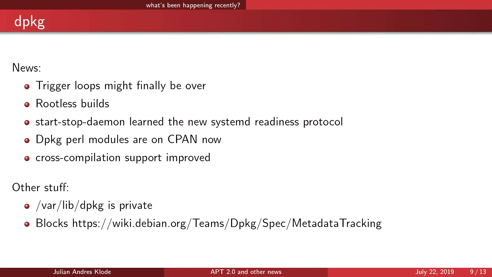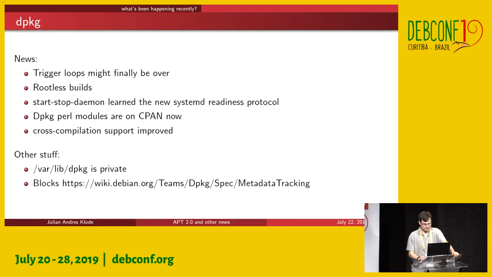This is one thing that's blocking various improvements, because we have a lot of packages that will break. For example, if we add the metadata tracking for installed files. So currently we just have a list of the installed files, and maybe we have an MD5 sum file. But the plan is to have like a full tree of installed files for each package and register hash sums and like extended attributes and stuff. And that's being blocked because it will change the database layout, and that's breaking a lot of packages right now. So we really need to fix those packages so we can move forward with new features for dpkg that need database layout changes.